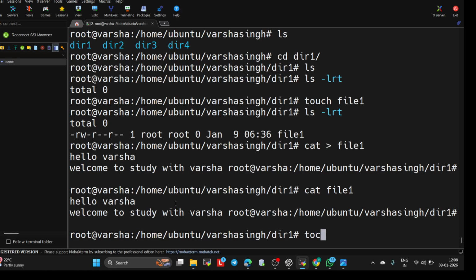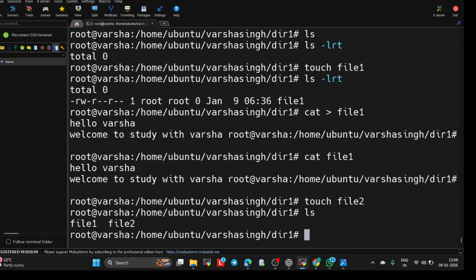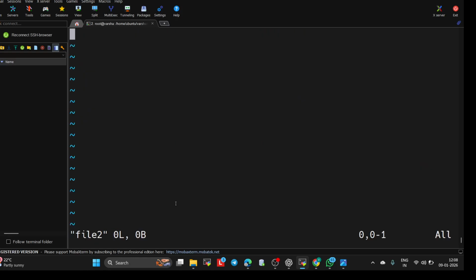Create with the help of touch command, you use touch file2. Okay, you have created a file. Now file1, file2. If we want to go inside file2, that is I feel very easy. With the help of vi command, file2, open the file, and you can write whatever you want. So to write anything, just press I. That will work as an insert button. And now just write